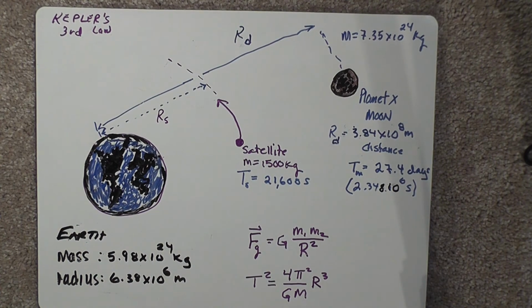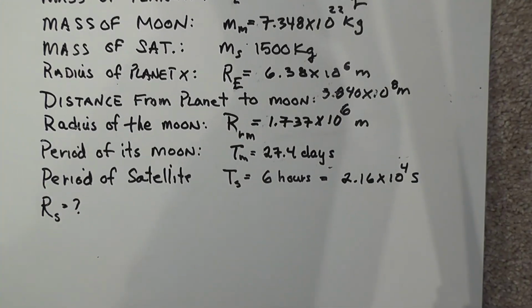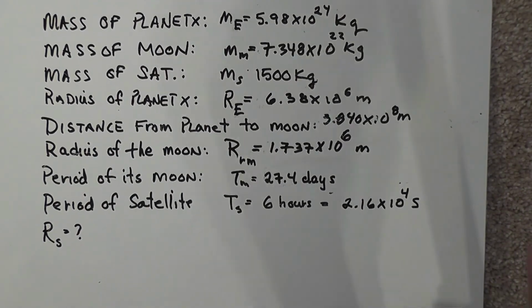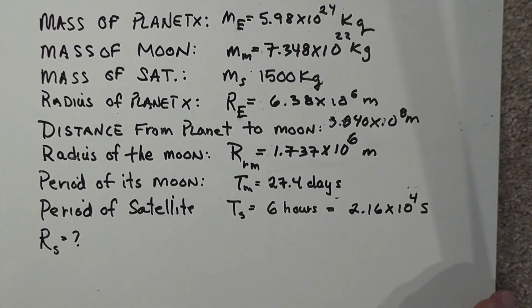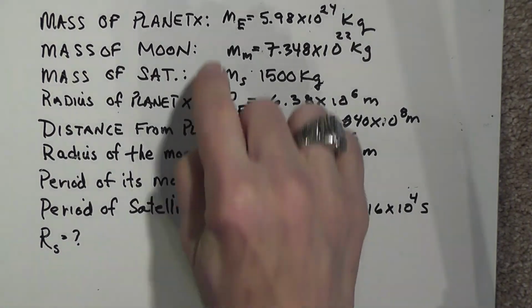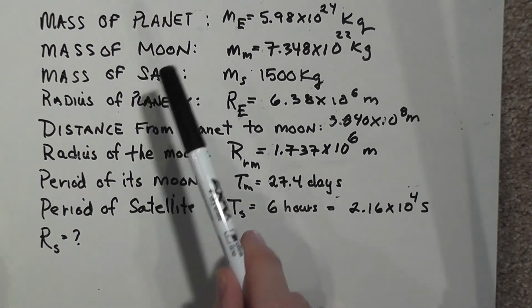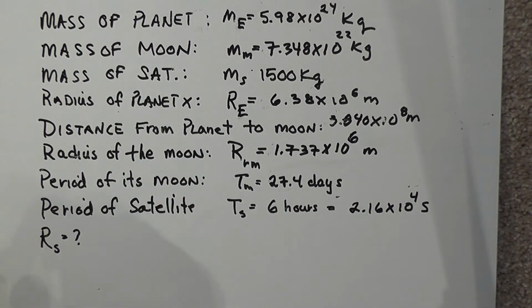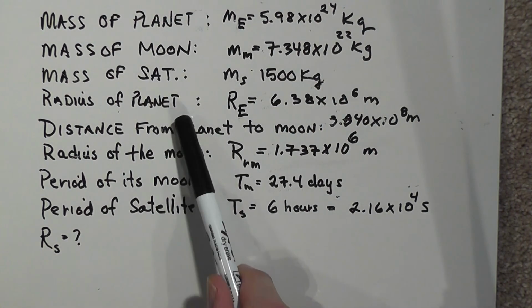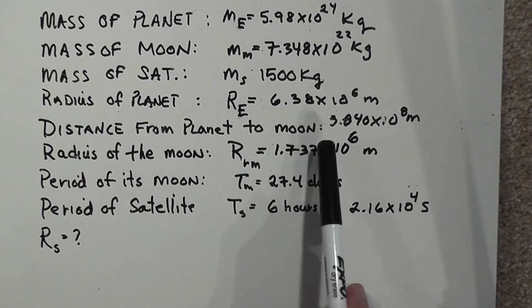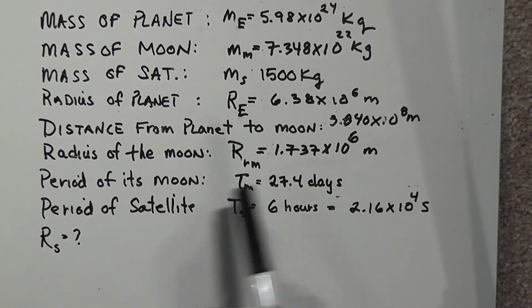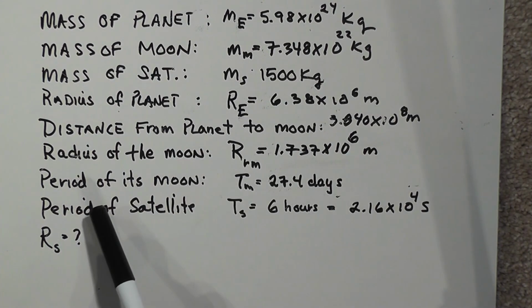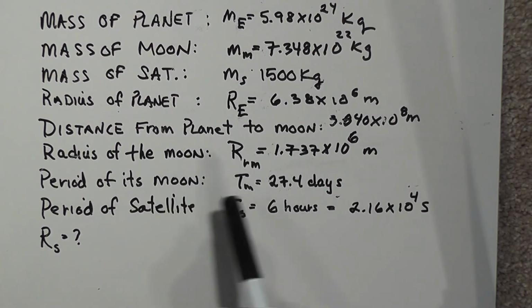Well, we want to figure out a few things here. Here are all the parameters that we are going to be working with. I kind of went through these, but I'll be making a photo of these so you can refer back to them. These are the mass of the planet, and this is actually the planet Earth. Okay, mass of the Moon, our Moon, mass of the satellite, radius of our planet, the Earth right here, distance from the planet to the Moon, 3.84 times 10 to the 8th, the radius of the Moon, which we may use if we want to find the acceleration of gravity,